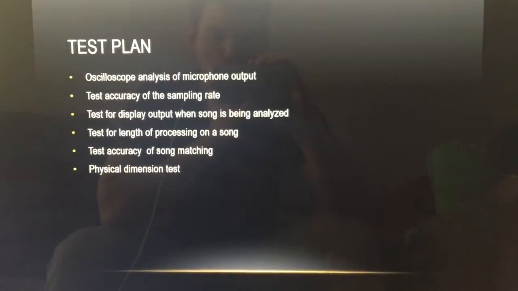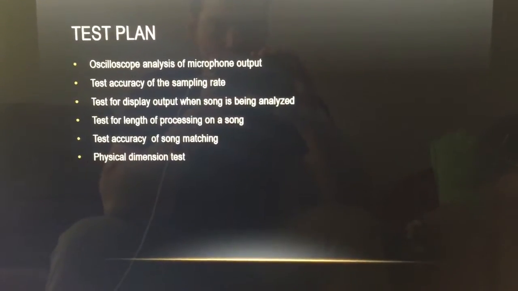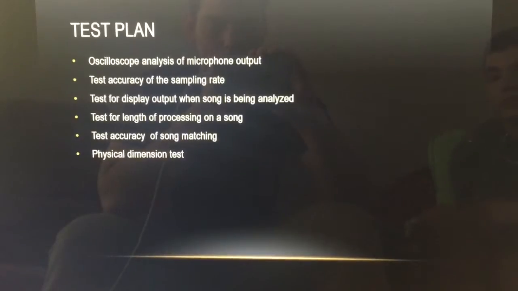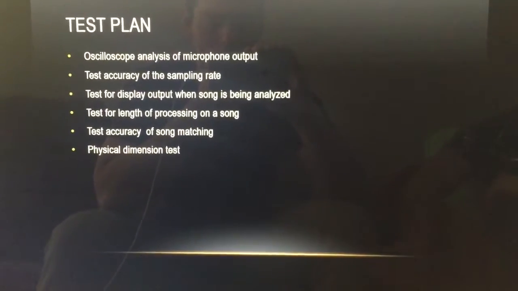Test plan. So first was the calibration of the microphone, so we had to adjust the gain on that until we reduced clipping. Also, we tested the sampling rate, made sure that was good. Do you want to carry on? Yeah. So on testing of the sampling rate, what we did is